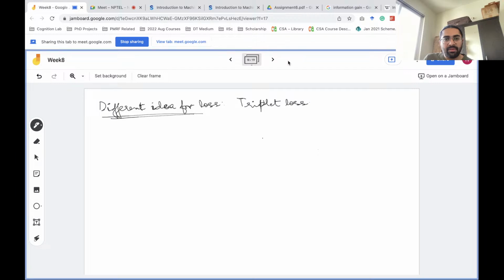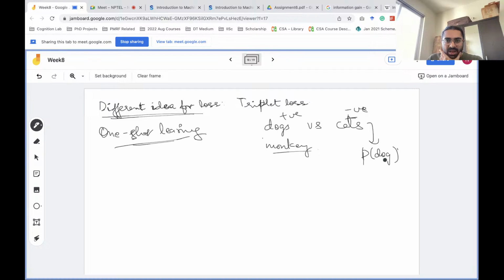So what it'll do is it'll say whether it's a dog or cat, right? Basically, it'll only give some probability like this. Let's say dog is the positive class, cat is the negative class, again no bias here. So let's say it tries to model the probability of the image being a dog, right? And